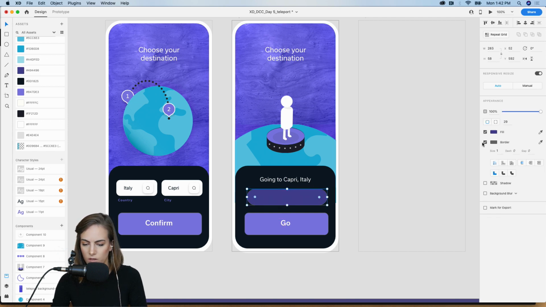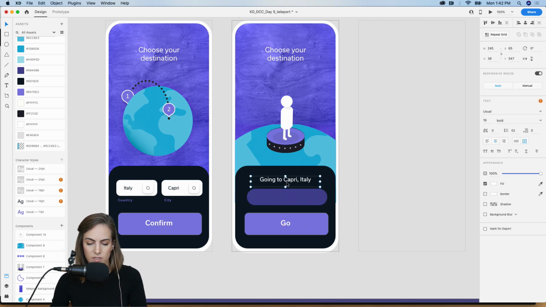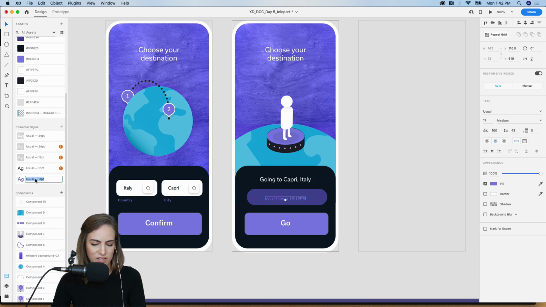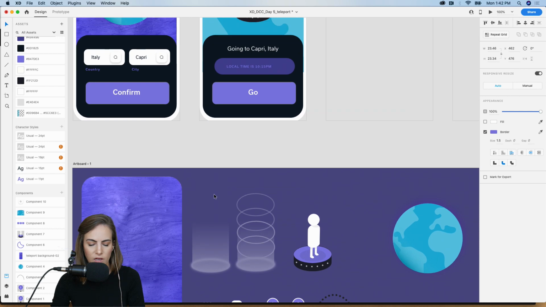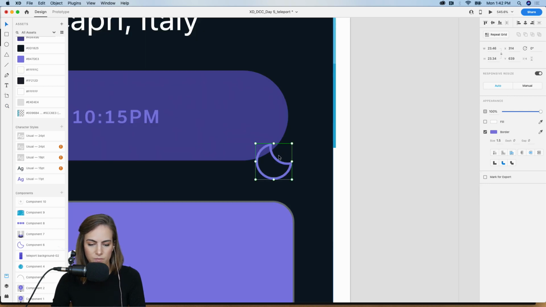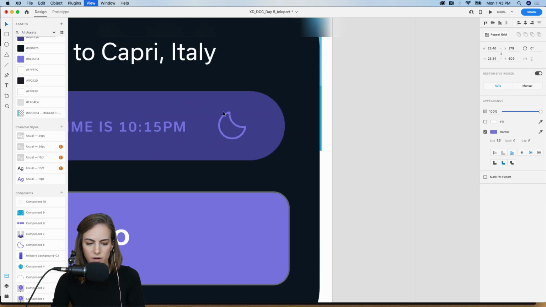So let's copy this text and we'll say local time is like 10:15 p.m. I just made that up, but let's pretend that's what it would be. And then we'll make this pretty small and all caps. And then I've got a little moon icon. Let's find that. Okay, paste that right there.